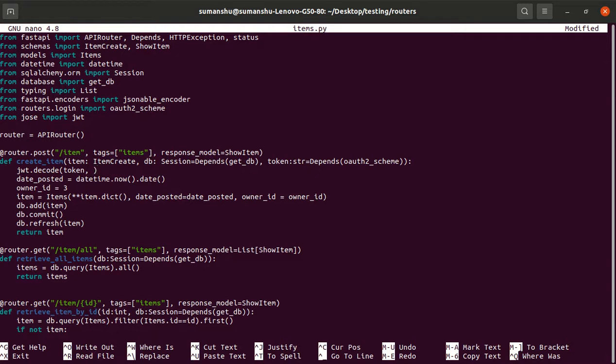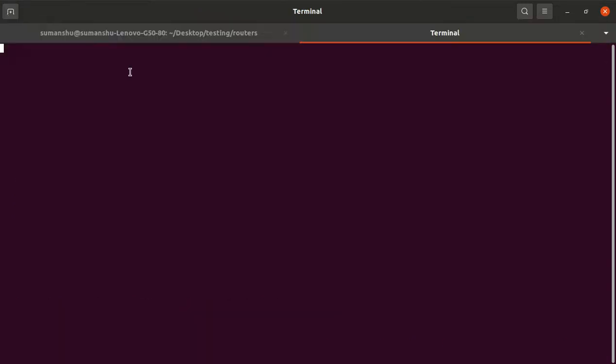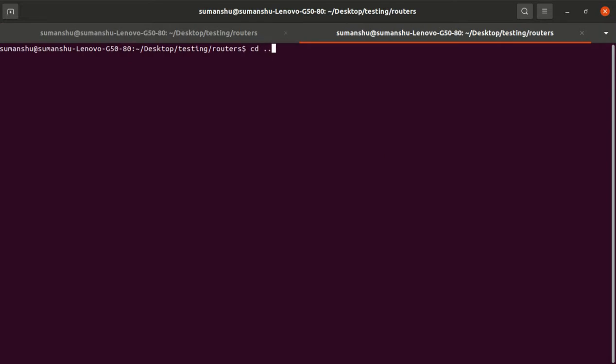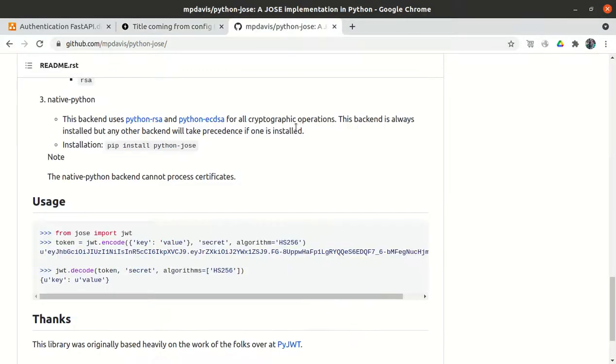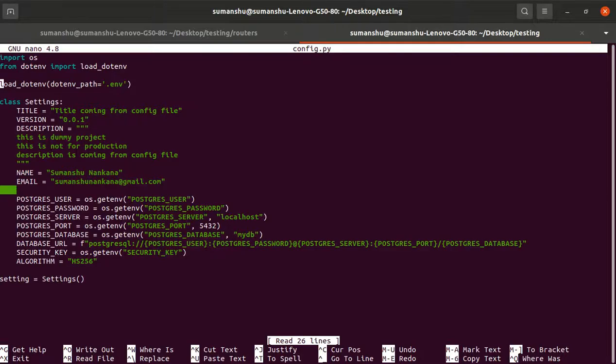The secret key and algorithm we have defined in the configuration file, because these are configuration things. Nano config.py file. So security key, not a secret. Security key, it's a secret key. I think it is a secret key. It's not a security key.